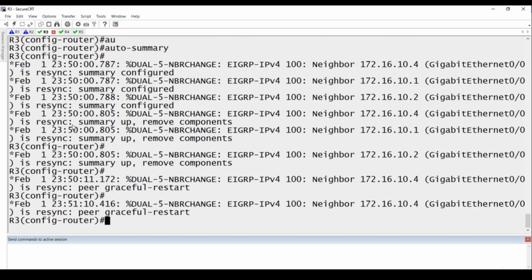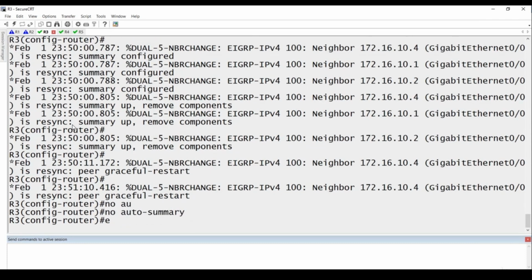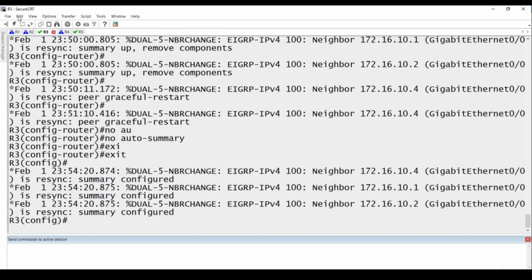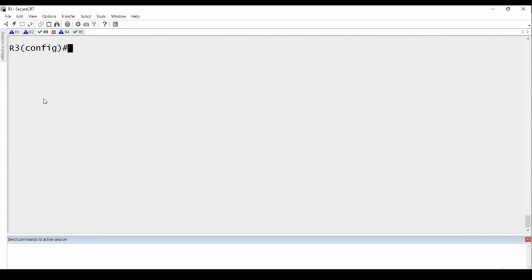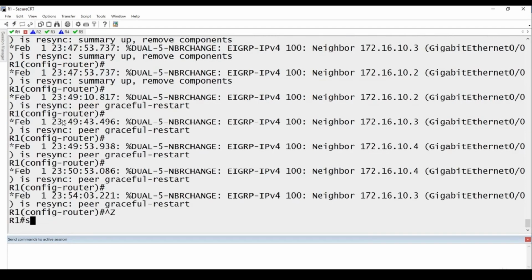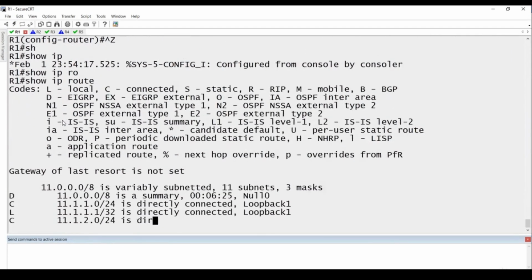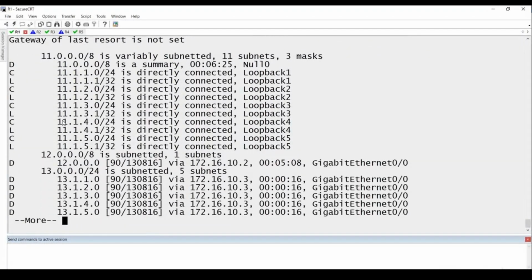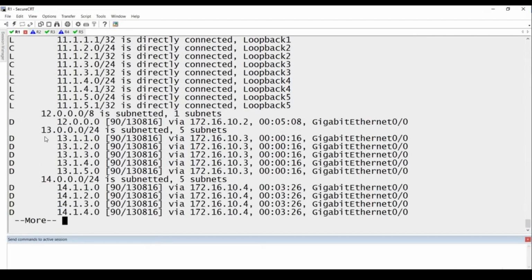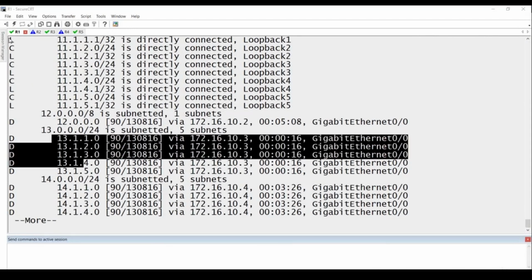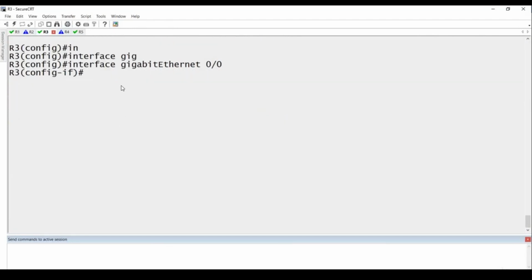So we can do one more example. Let's go to R3 and do the same. Exit, no auto summary first, and exit out of here. Let's clear the screen because it's too much, I can't see anything. Go inside the interface that we want and summarize it. So let's say R1, how does it see R3? Show IP route. You should see all the routes from R3. So if we go to where we were, R3, and IP summary,